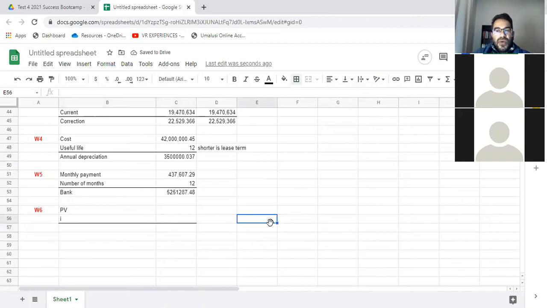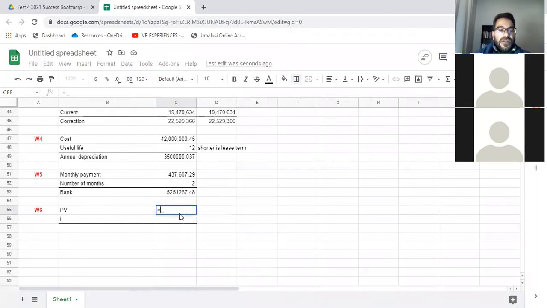It's not going to be 100% correct actually. So I'm just going to keep it simple, right? It's not 100% correct. I'll show you the 100% correct way. So present value, because we're working for the full year, we take the present value at the beginning of the year. So what is the present value at the beginning of the year? It is that 42 million.